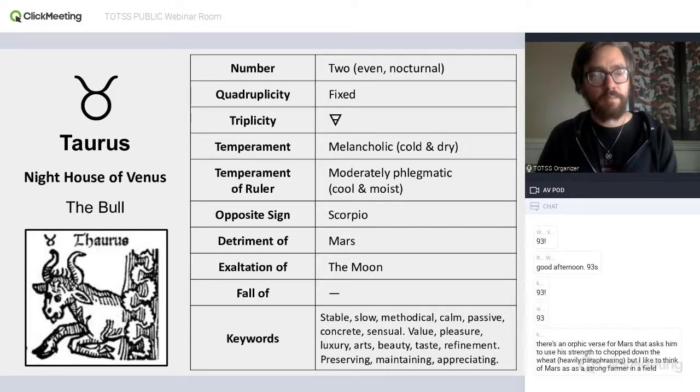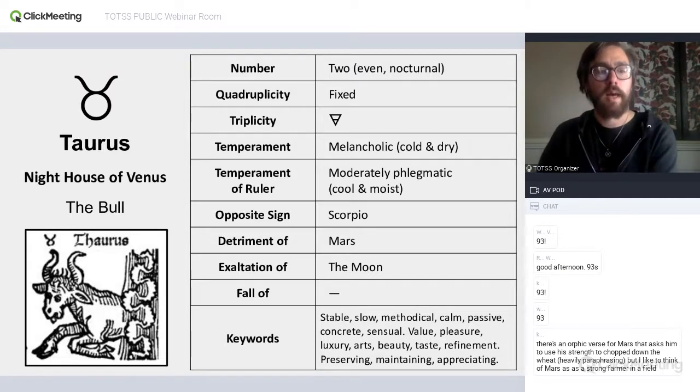But thinking of a bull in its more placid sense, or even a cow. I was thinking about Hathor, who is of course female, the Egyptian goddess, but she's often depicted with a cow head. That could be a nice way of connecting a little bit to Taurus. Hathor is often associated with Aphrodite and with harmony and beauty and love and all that. But some of the idea of the inertia or fixedness of a bull or of a cow, I think, is a nice way of talking about some of the Taurus meanings. But we should be careful about that.